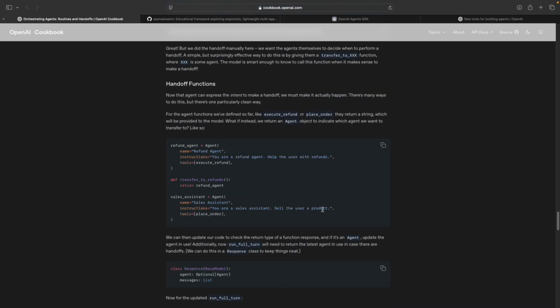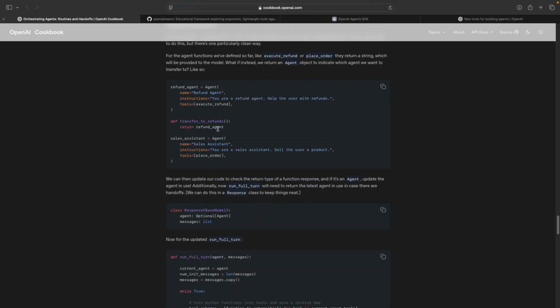It's actually very simple. It still relies on the concept of function calling. All you need to do is define a special function called the handoff function, and the only thing that function needs to do is return an instance of an agent object. For example, if I define a function called transfer to refunds, which returns an instance of this refund agent, what I'm basically saying is